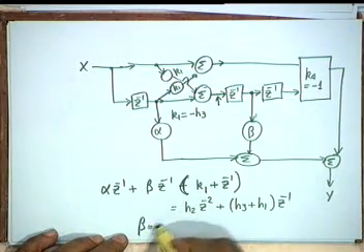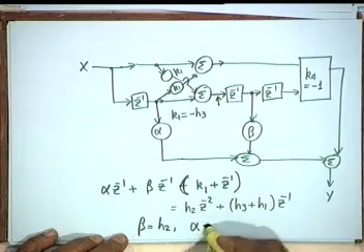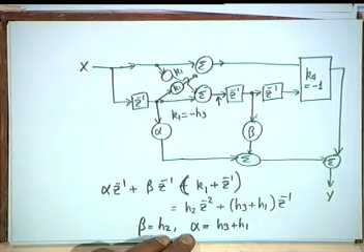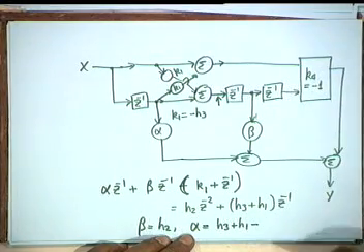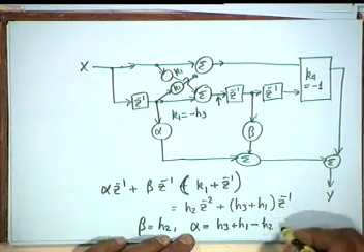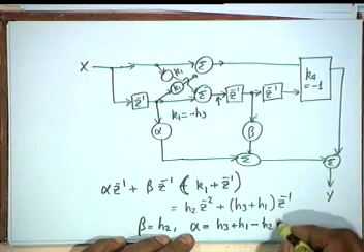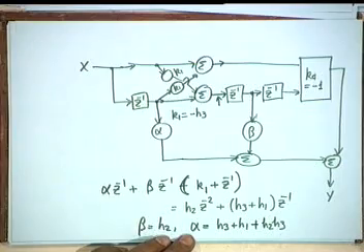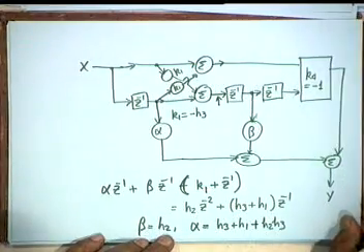Now, match the coefficients, and obviously beta should be equal to H2. That is right. Beta is equal to H2, and alpha should be equal to H3 plus H1 minus H2 K1. And what is K1? Minus H3. So, it would be plus H3. These values are given wrongly in the paper. Okay. Any question on this? Let us take the other two cases.